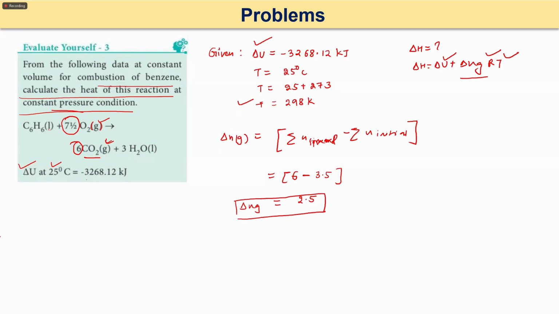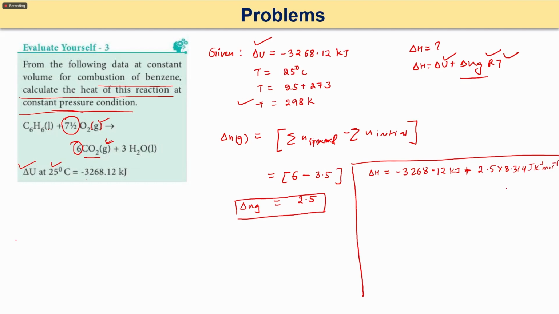If this is the case, now let us quickly calculate your delta H. So your delta H will become delta U, which is minus 3268.12 kilojoule, plus delta n g times R. Delta n g is 2.5, R is 8.314 joule per Kelvin per mole, and your temperature is 298. So now your delta H will become minus